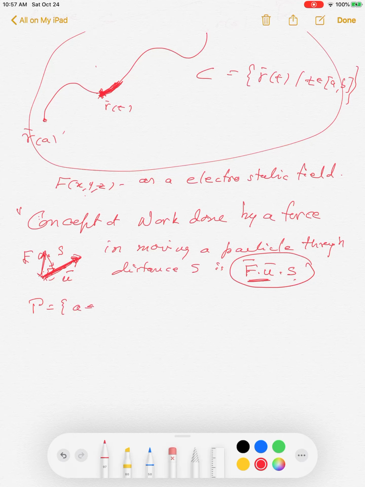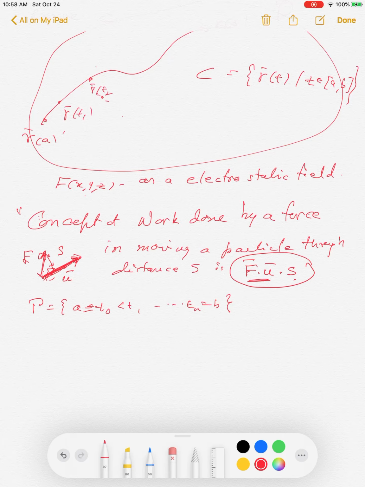Now I take this curve and a partition P of the interval, a equal to t0 less than t1 up to tn, which is b. My whole curve got erased, but that's fine, we can draw another curve. I will take these values r bar(t1), r bar(t2), r bar(ti), r bar(ti+1), and that's my r bar(b) somewhere here. And if I look at this distance,